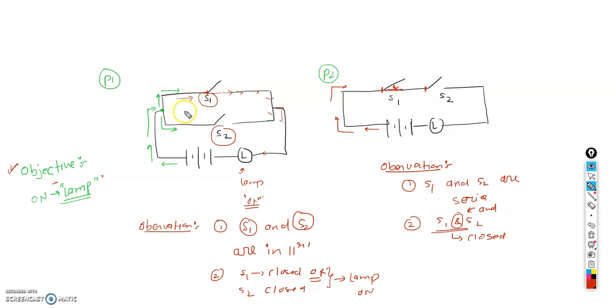What will we try to learn from this? In the board exam paper, we will get a circuit and they will ask us to represent it in symbolic representation. In short, they will give a circuit and ask us to convert it to symbolic representation. To convert it, we need to know all these things.